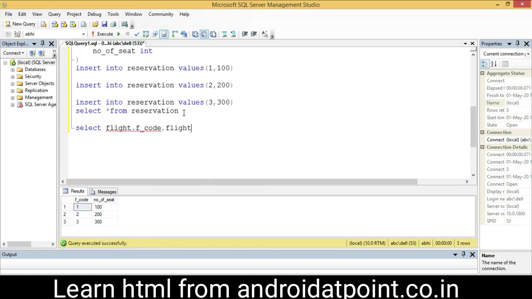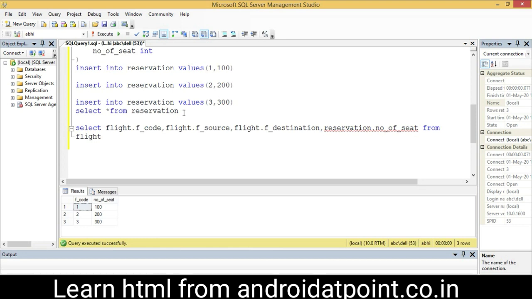Flight dot F source, I also want to display the source, flight dot F destination, meaning I want to display all the columns from the first table, and reservation dot number of seat from the reservation table. Then from, and the table name flight. Write the first table name here, flight.